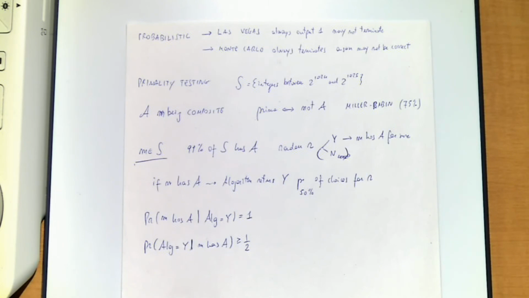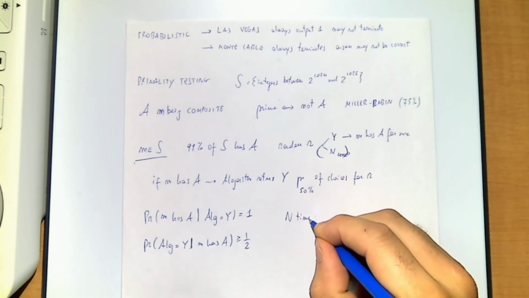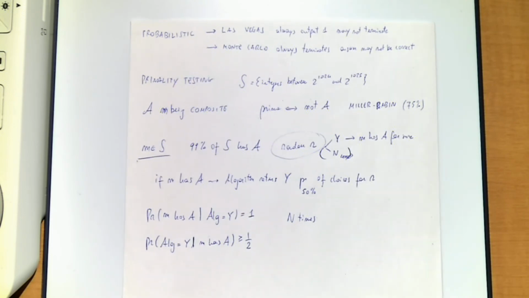So now what happens if you run your algorithm, say n times, on the same integer, and you use different randomly chosen values for your randomness? I'm formulating this generically. This depends on the test you're doing. In the Miller-Rabin test, you choose different bases. There is a random component, of course, because these are probabilistic algorithms. You choose a different randomness every time, and you get your outcome.